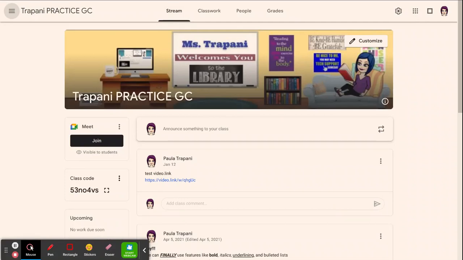The first thing you might want to change to personalize it is the banner. Inside the banner, you'll see your course name. Below the banner, if you're working on a desktop or a Chromebook, you're going to see that Google Meet link that is auto-generated as part of Google Classroom. So that will allow you to hold a virtual class with only the students who are members of this class. You can make this link visible or invisible to students, and I will show you how to do that in